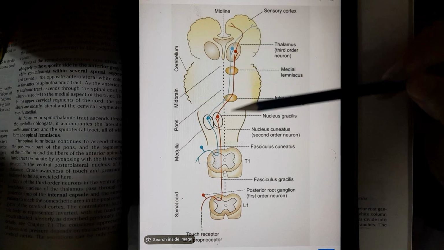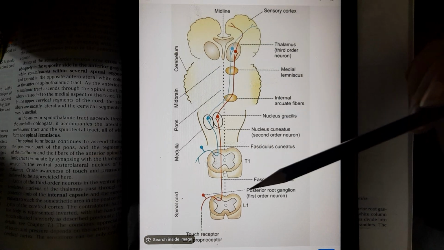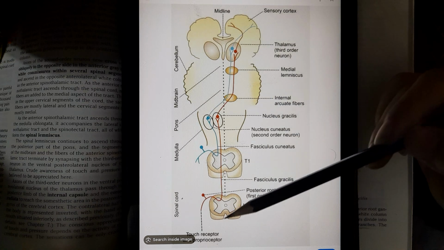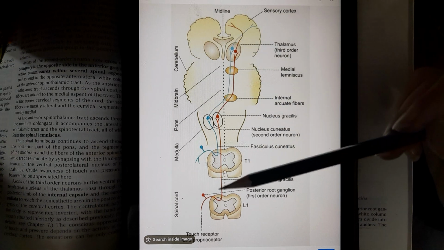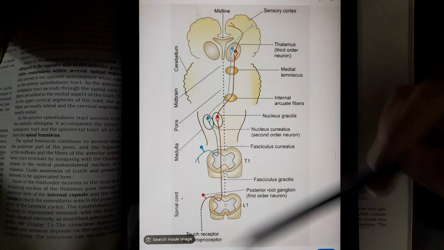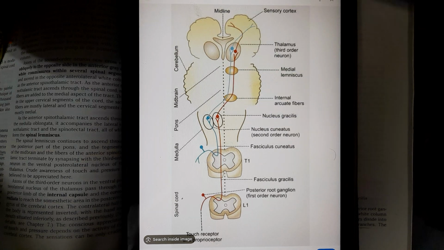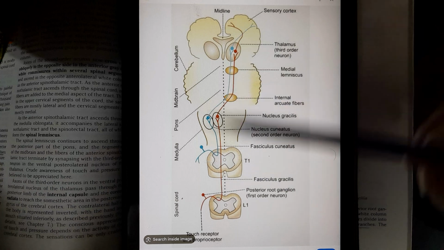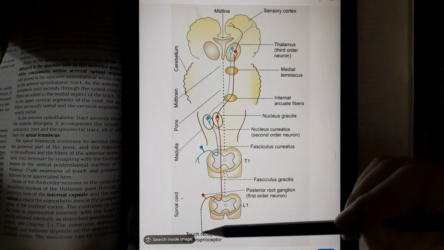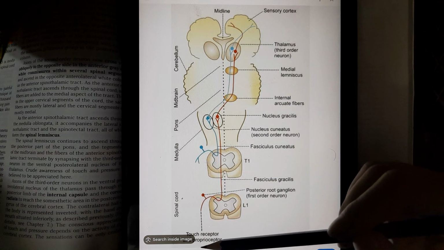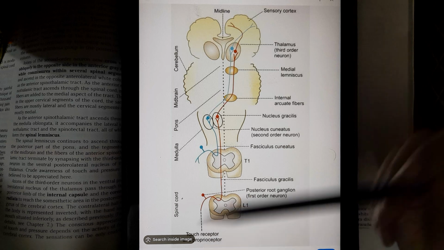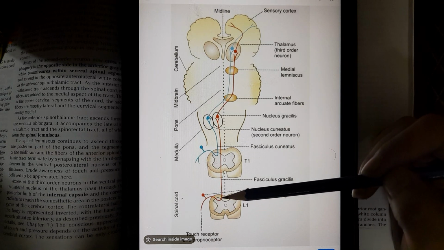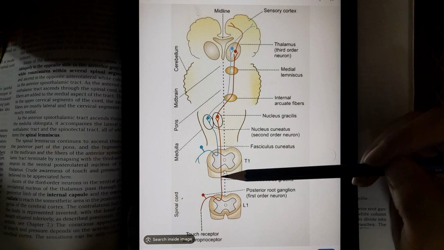Also, as we know, the posterior column is the most latest one, and it is involved in the transmission of the impulses which are to be transmitted very fast, like fast pain, fast touch, vibration. All these sensations are going to be passed through the posterior tract. Now what happens is that touch receptors and proprioceptors, coming from the limbs of the body, go into the gray matter and move on the ipsilateral side.